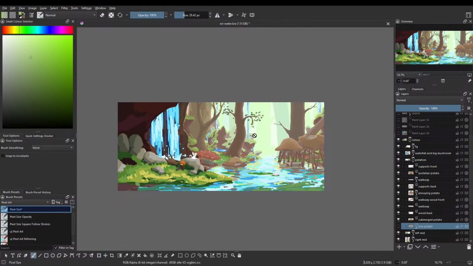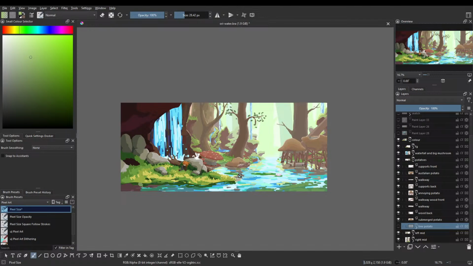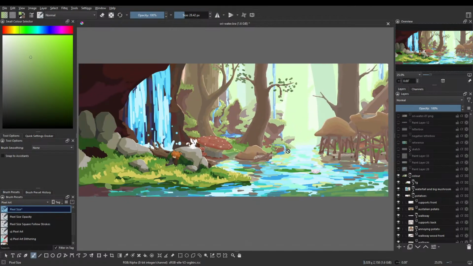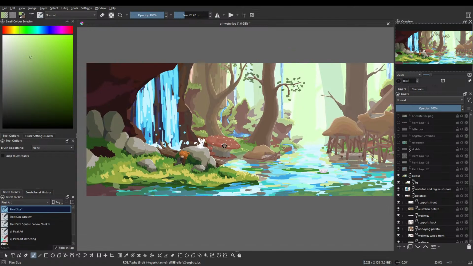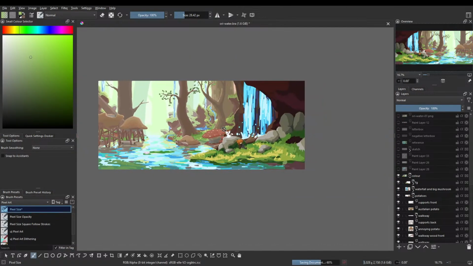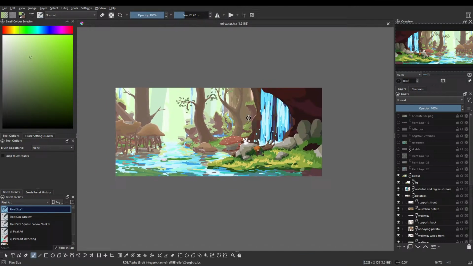Yeah, and a bunch of cleanup, and I redid the entire water effectively. Most of the water I've redone so it actually fits with what is now in the background of the image, and honestly, this all goes together much better, and there's a lot more depth to it, so I'm fairly happy with the changes tonight. Time, I think, well invested.